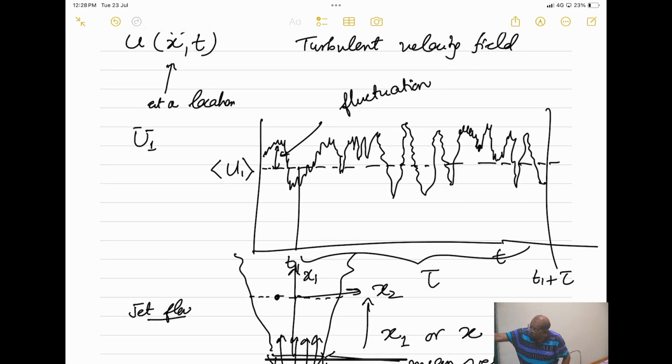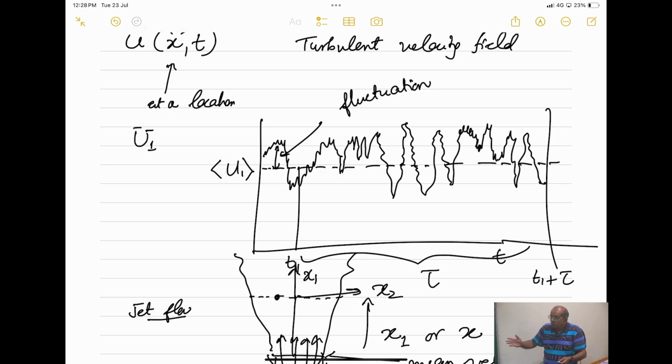But here, if you want to capture these fluctuations, what can you say about the time step which you will have to take in the numerical simulations? Will it be small or will it be big? It has to be very small. It has to be of the order of the scale where these variations are taking place with time. Only then you will be able to catch these